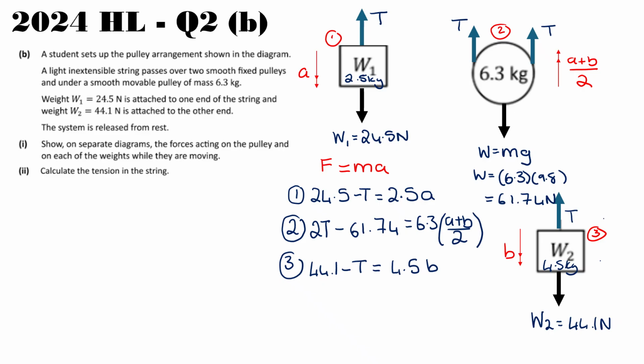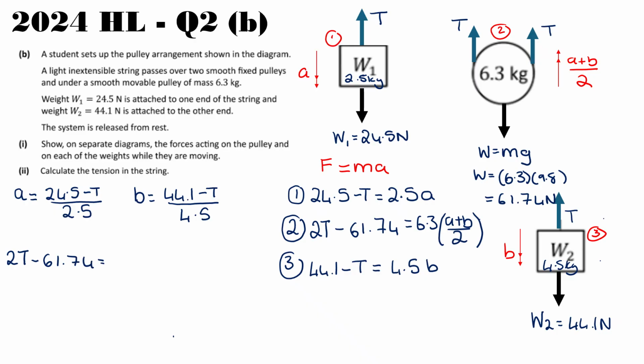When we have a situation like this with an average acceleration, the easiest thing to do is to isolate your A, which in this case is going to be (24.5 minus T) all over 2.5. And then with equation 3, let's isolate our B, which is going to be B equals (44.1 minus T) all over 4.5. And then we sub that into equation 2. So we get two tensions minus 61.74